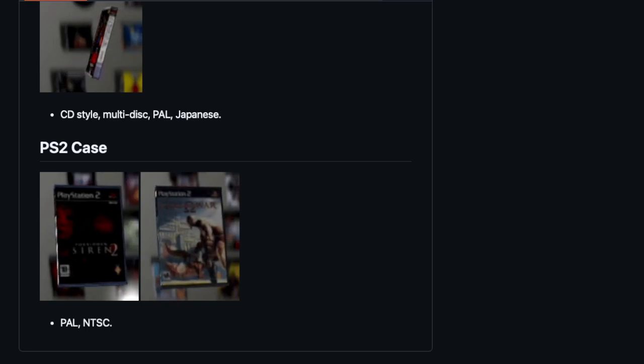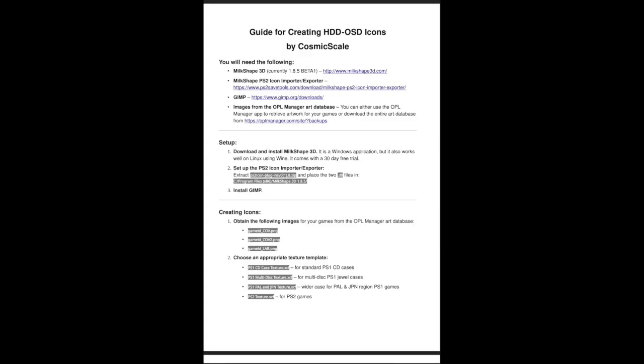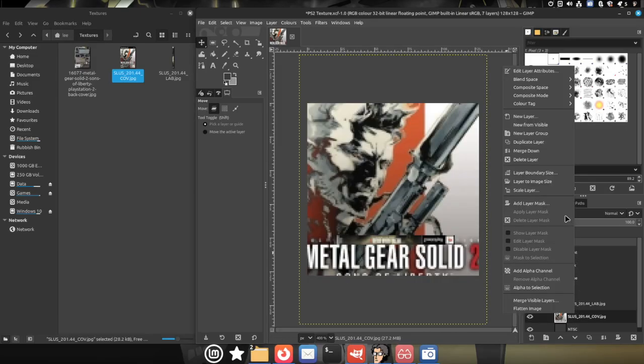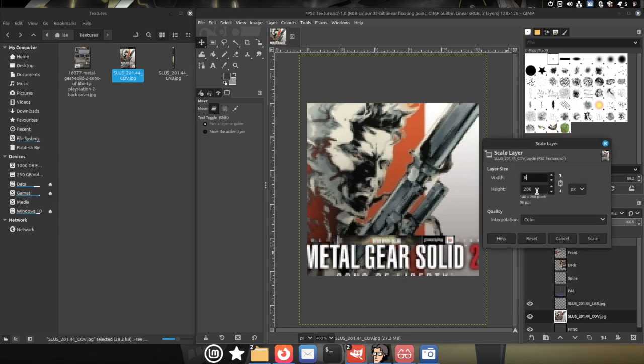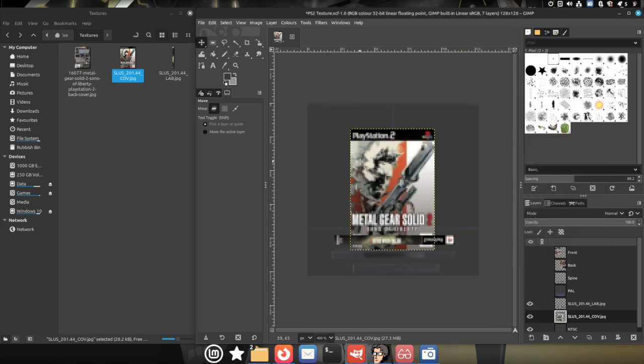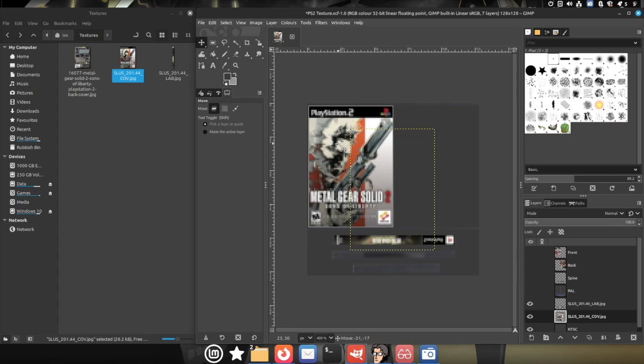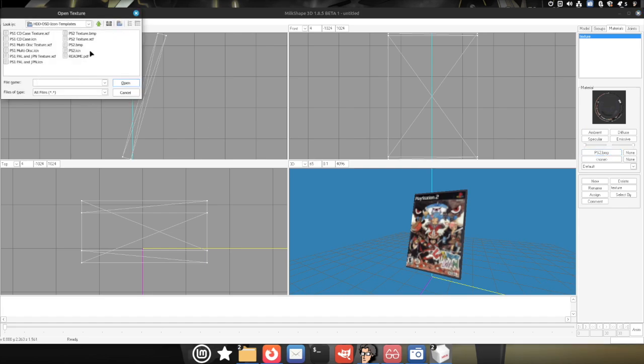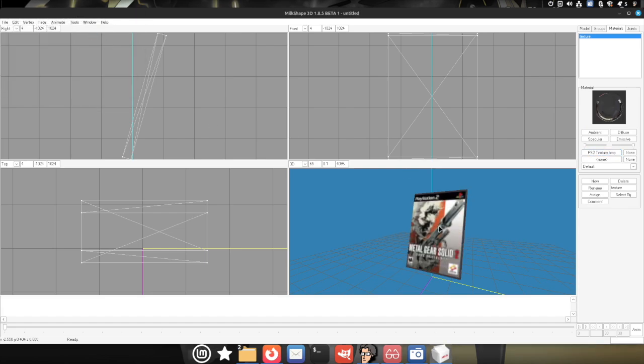I don't plan to make any more icons myself, but I've put together a guide and templates so anyone can make their own. If you have a basic understanding of how to use GIMP, then it's pretty easy and quick to make an icon. If you do decide to make your own icons, you can submit them to this database for everyone to use. You'll find details on the GitHub and in the README included with the templates. All the links you need will be in the description.